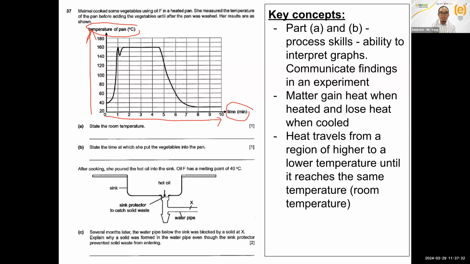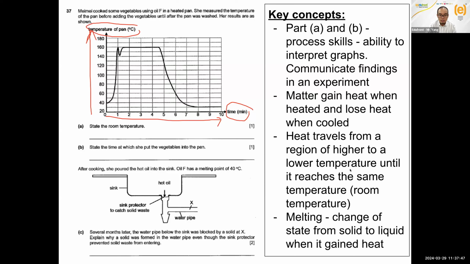Remember that? You guys learned this back in primary 4. Heat travels from a region of higher temperature to lower temperature until it reaches the same temperature. So when the temperature is the same, there will not be any more heat transfer. Okay, and then for part C, if you look at part C here, after cooking, she poured the hot